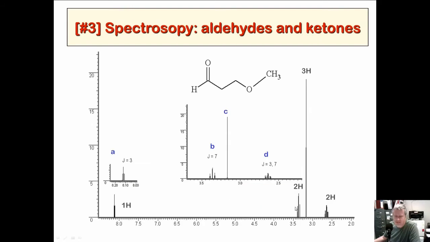This is an NMR simulation of that molecule. And yeah, you see the peak way down, 8 or 9. It's a small triplet. Then we see a normal triplet, a big singlet, and the doublet of triplets, right? And I'm giving them letters A, B, C, and D. I'm going to let you do that assignment. You should be able to do it. It's not that hard. Okay? So assign A through D.